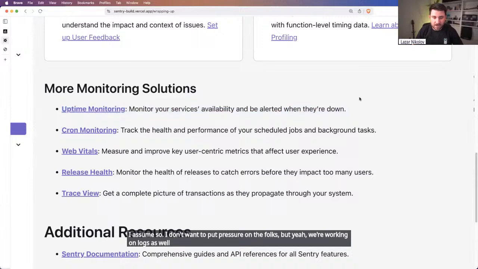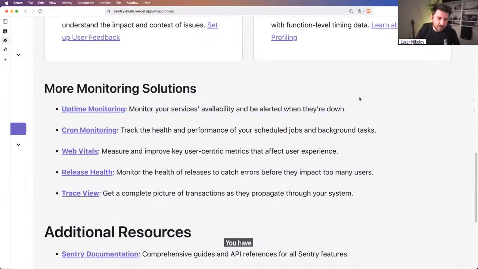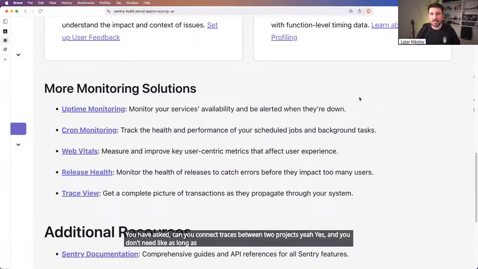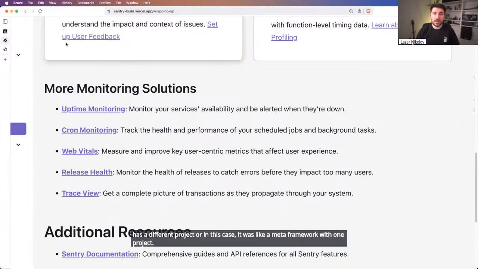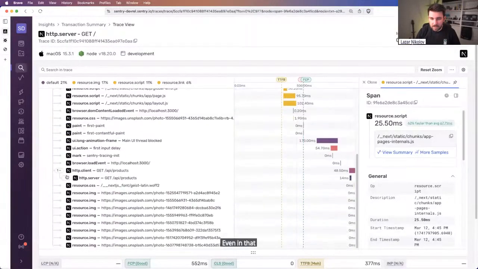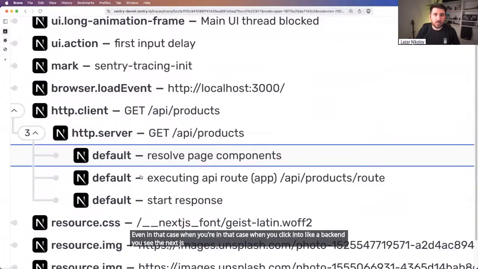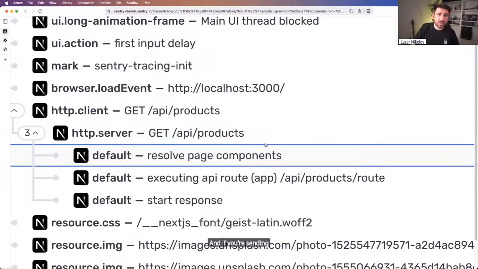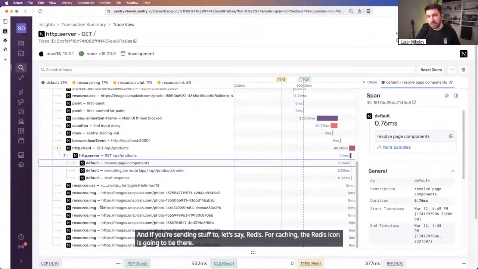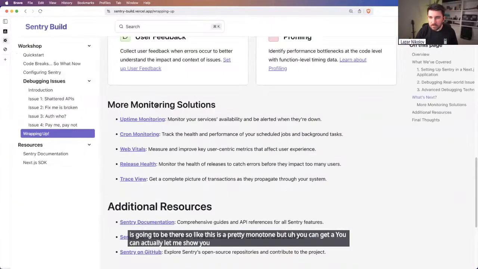There's uptime monitoring. You have asked, can you connect traces between two projects? Yes, as long as you send the trace, it doesn't matter if the backend has a different project, or in this case, it was a meta framework with one project. Even in that case, when you click into a backend, you see the Next.js. If that is a Django project, the Django icon is going to be there. And if you're sending stuff to, let's say, Redis for caching, the Redis icon is going to be there. So this is pretty monotone, but you can actually, let me show you. You can actually go to